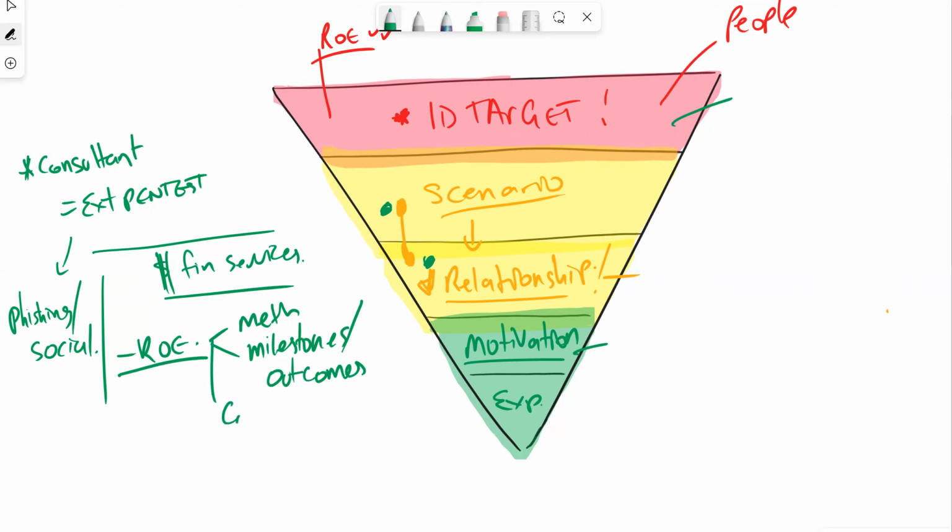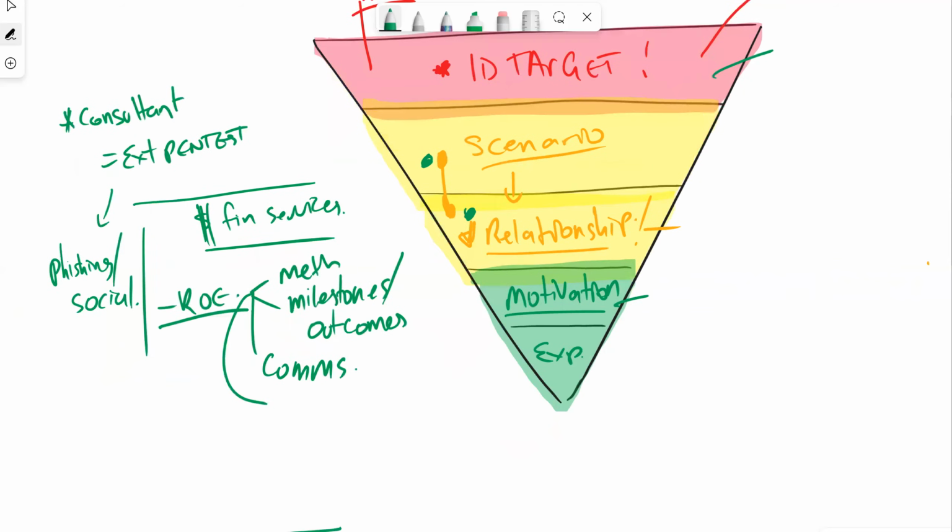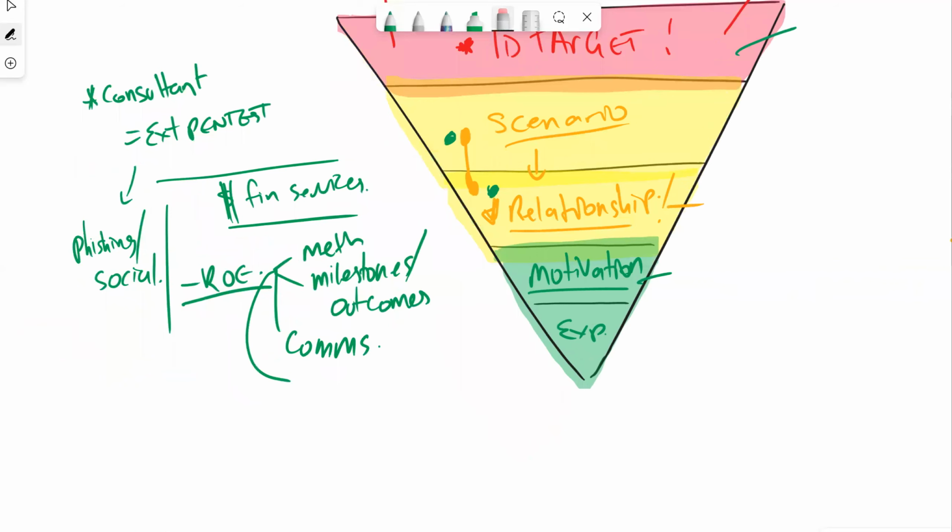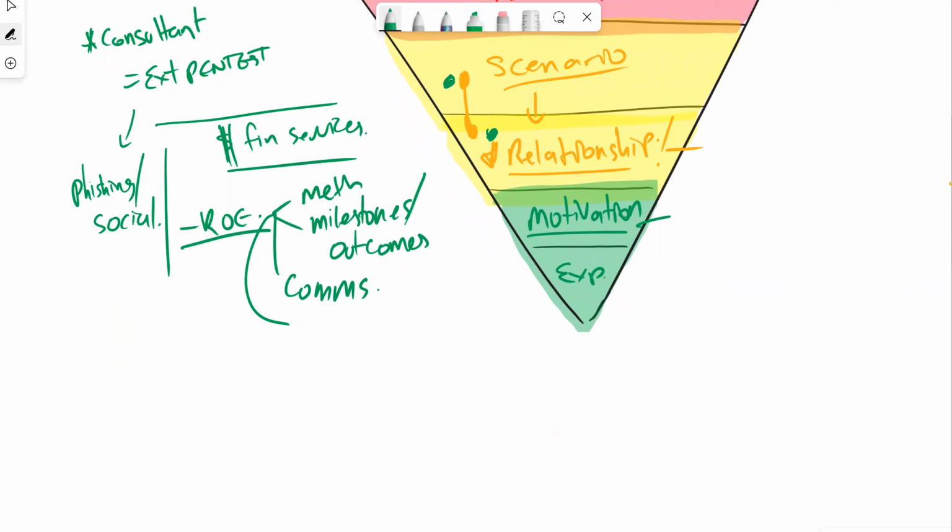Our communication is going to be very, very important, how we're going to communicate to our stakeholders and people in the engagement. And then obviously things as well with our phishing. So if we've got phishing in scope, how we're going to go away and develop our campaign. So you may go away and develop a campaign that's got a couple of things. We've got to go away and confirm things with the customer. So confirmations,